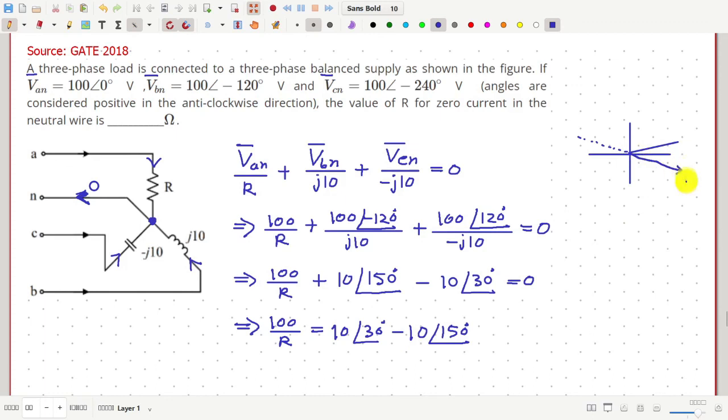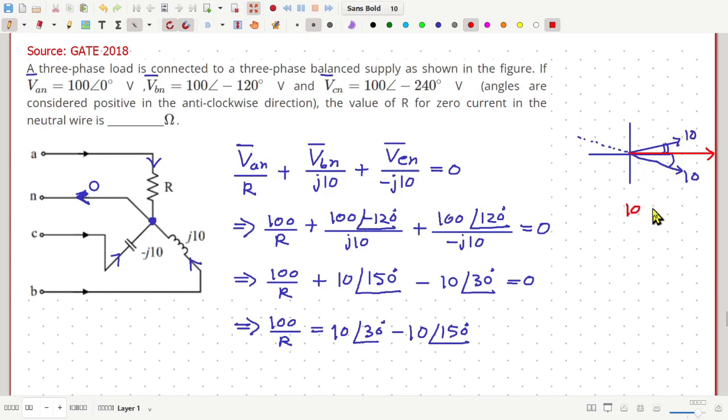So this has a magnitude of 10, this also has a magnitude of 10. This angle is 30 degree, this angle is also 30 degree. Therefore, the resultant, which will be somewhere here, is equal to